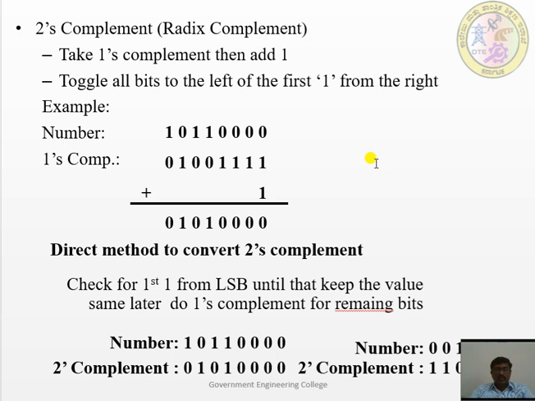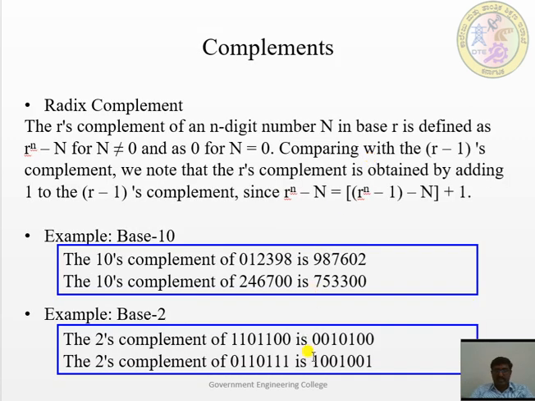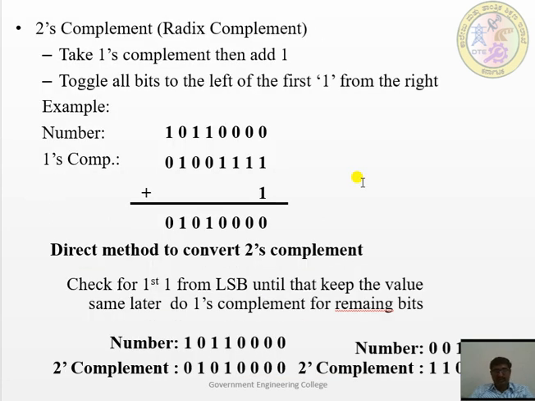Next, 2's complement, the radix complement. In general, this one is the direct method of subtracting from the base, from base 10 to base 2. In the 2's complement method, whatever number is given should first be converted into its 1's complement, then we add 1 from the right. The number given for the direct 2's complement method is 1 0 1 1 0 1 1 0.